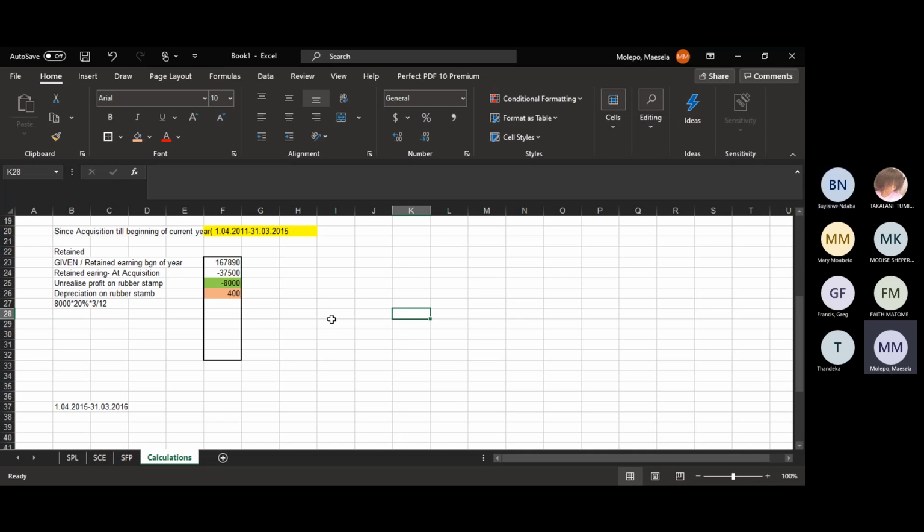7. Adjustment number 7 says, on 1 April 2015, which is the beginning of the current year, the preference dividends for the prior year, 1 year, were in arrears. All arrear preference dividends were declared and paid on 31 March 2016. So on this date, when we are closing the books on the since acquisition to the beginning of the current year, we had the arrear preference dividends, which were not yet paid. So we say arrear preference dividends